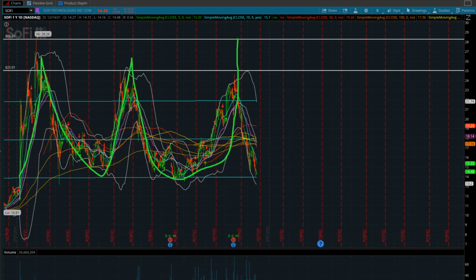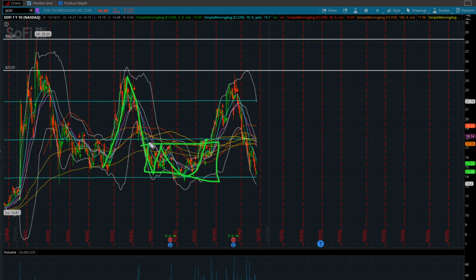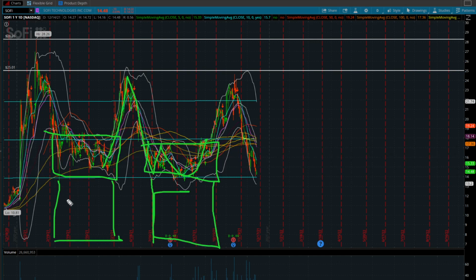If history is going to repeat itself again here with SoFi, every time we've made a big run up, we've come down and consolidated around. If we take this box of consolidation, and this box of consolidation here, we're looking at the middle of February, end of February, all the way into 5/21. And if we look at this time here, we're looking 7/16, and 10/15. So we're looking at 3 months worth of consolidation, guys. 3 months of consolidation here